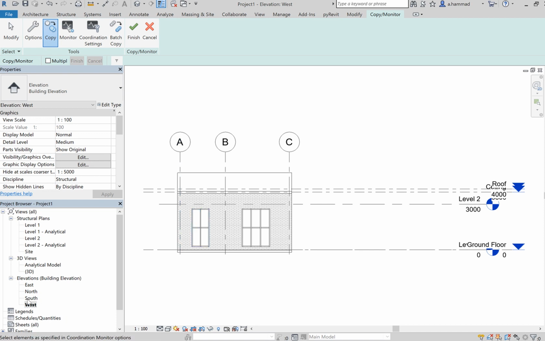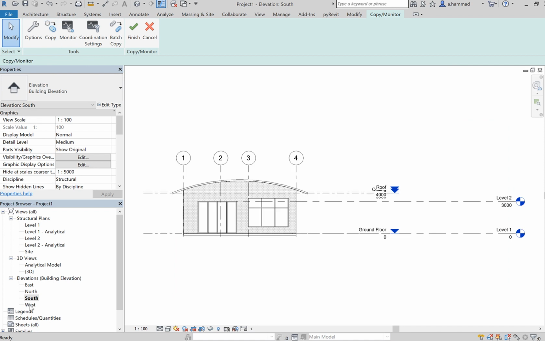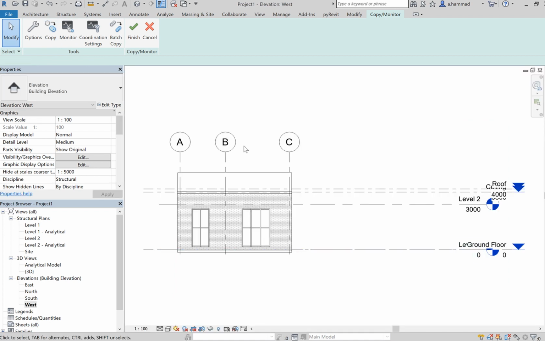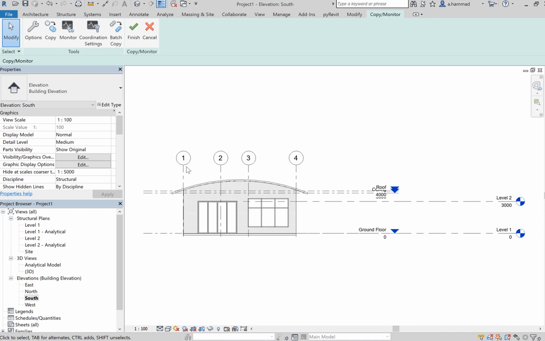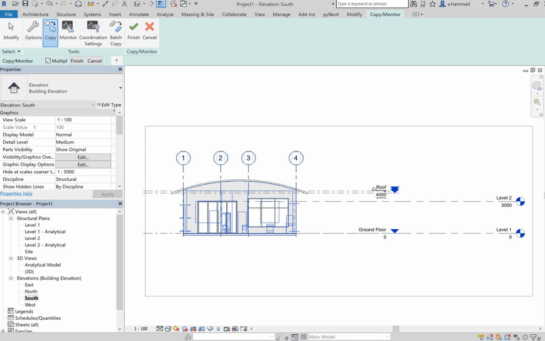What else do we have to do? The other thing is that, see how for the west elevation, the grid lines that are displayed are your A, B, and C. But we've still got more. We've got the 1, 2, 3, 4, and this we can see in the south elevation. So we've got to select these. Again, to do that, Copy, and then Multiple, drag,